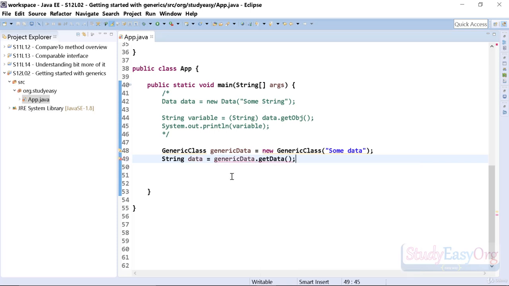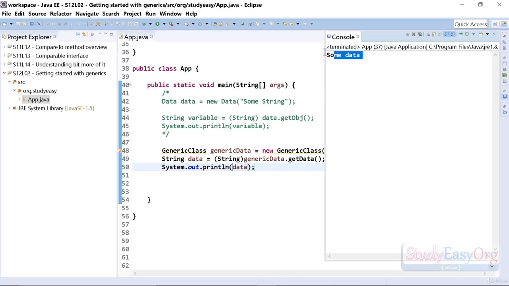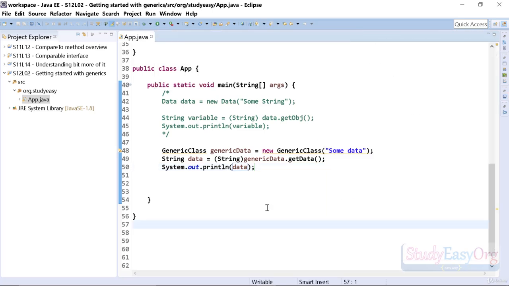Now the information is received inside this data variable, but wait a second, there is an error. The issue is type mismatch, cannot convert the object to string, similar to the previous situation in here, right? So what is the solution? We will cast it. All right, so as soon as we cast it, the issue is vanished, and we can check whether we get the output properly or not. Here is the output, which is perfect,